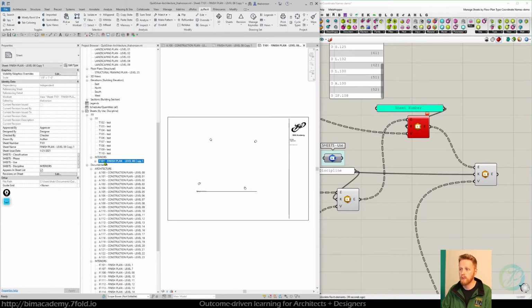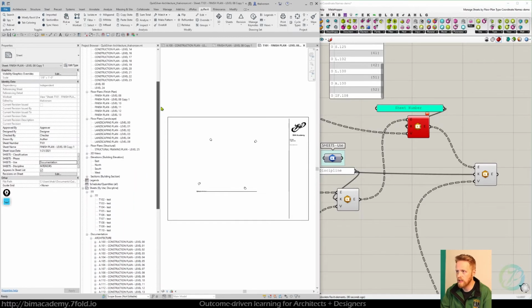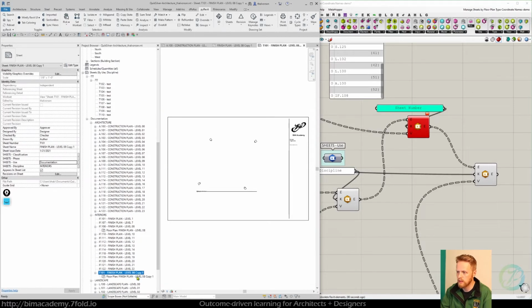Okay. So to check that, I can make sure I put my new sheet that tried to rename itself and renumber itself, and I could put that in. What's happening here is we're having an issue with the sheet number updating. And that's because I already have a level 8 and it's hitting the other level 8 that's already up here. Okay, so if I went ahead and changed that to a different type